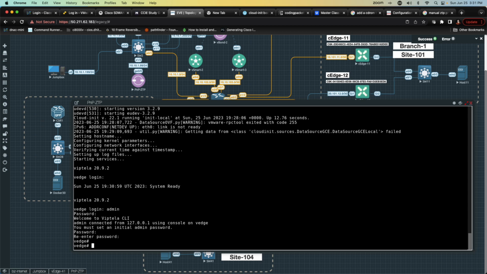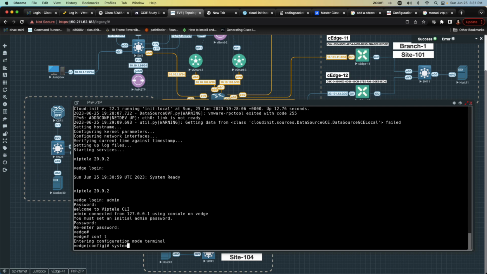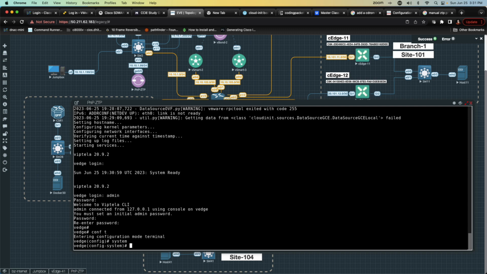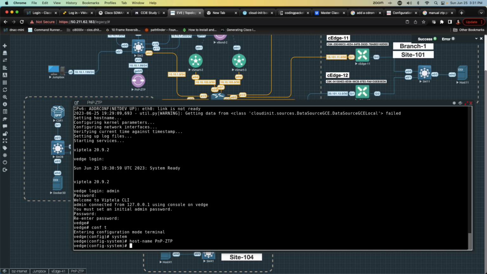Next thing that I want to do is, again, I'm going to say config, and we're going to go to the system and put in the credential information that's going to be necessary. So I need to have a host name, and I'm going to go ahead and call this PNP-ZTP. Next, I'm going to need to have a system IP,